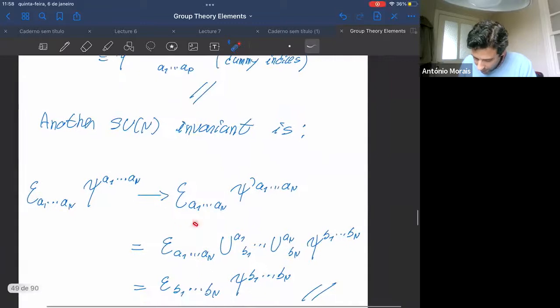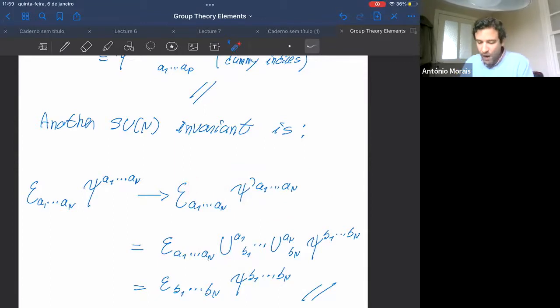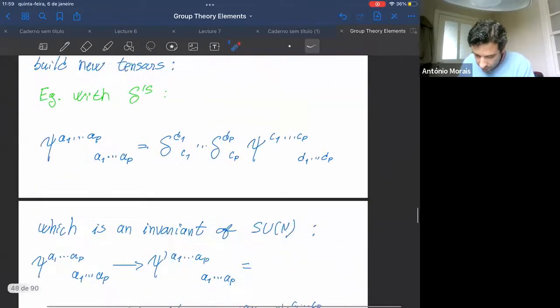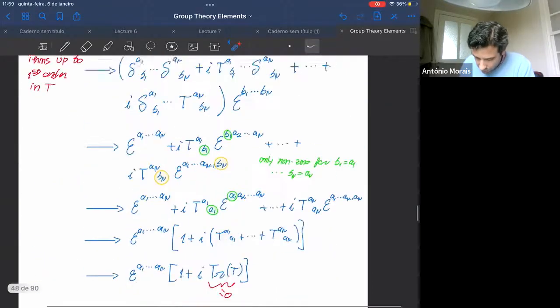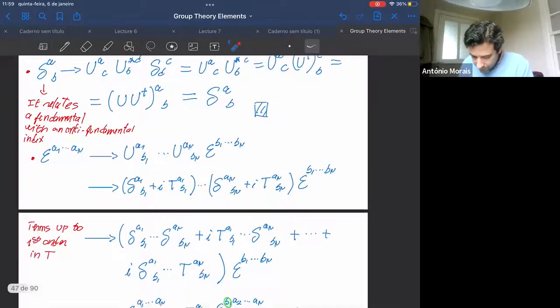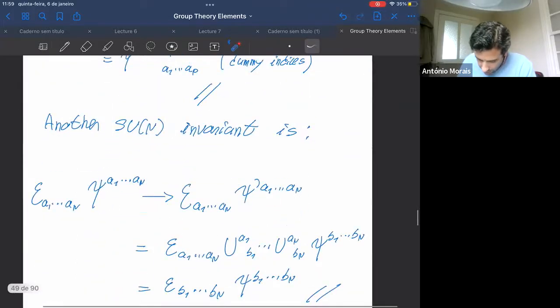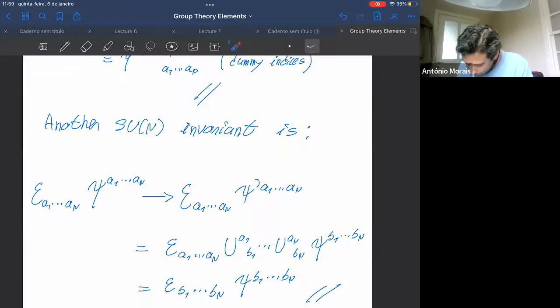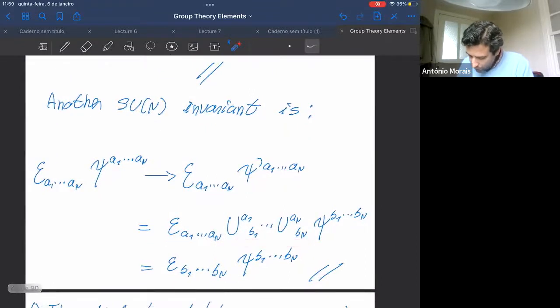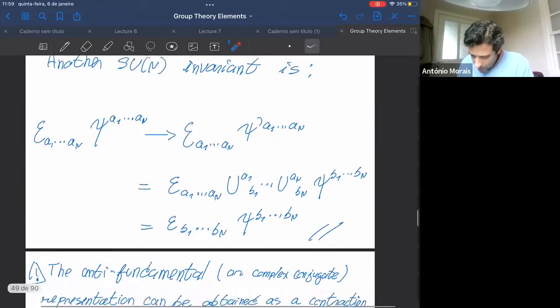So you do the same thing with the epsilon, and then you put the U's, which stand for the psi prime. So you know that epsilon is equal to epsilon prime, as we have verified here. It's an invariant, so we no longer need to bother ourselves in putting the primes on epsilon. So here we don't put the epsilon prime because it's already proven above, but we have to put the prime on this psi. Now you put the U transformations on the psi, and you relabel here the indices,